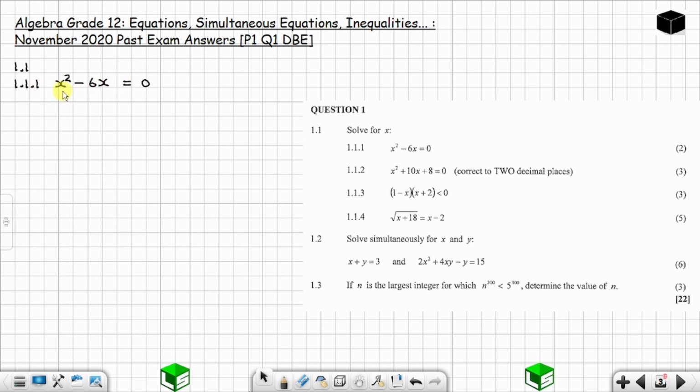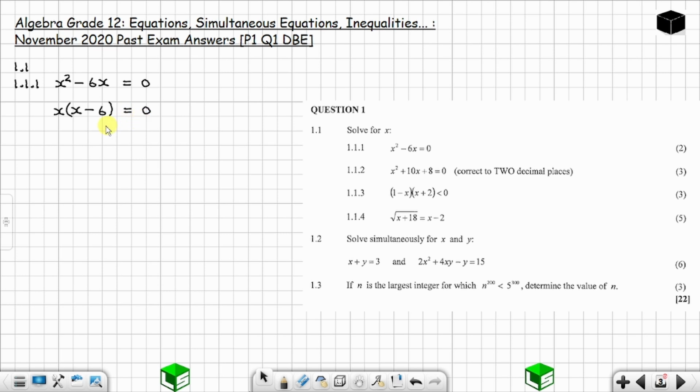You can factorize what is common in both of the terms. You can see there is x here and there is also x in this. So you can factorize x outside of the bracket. You have x, you open your bracket, and then you remain with x minus 6. You close your bracket. When x multiplies x, you have x squared. When x multiplies 6, you have 6x. So you have factorized, you took x outside of the bracket, and this is equal to 0.